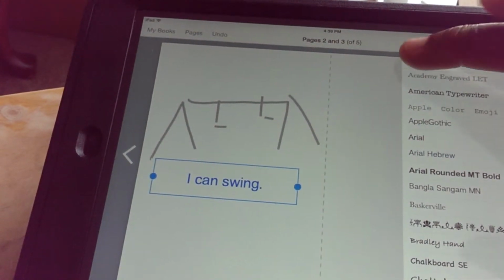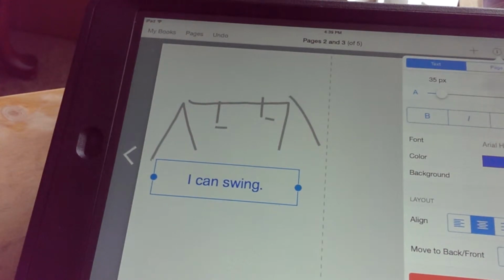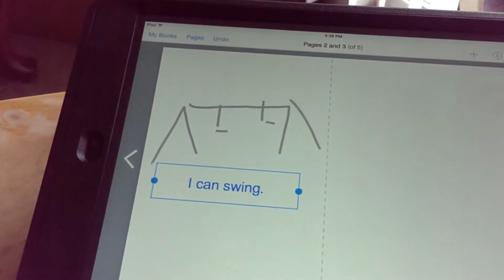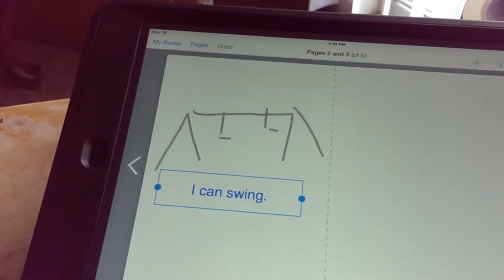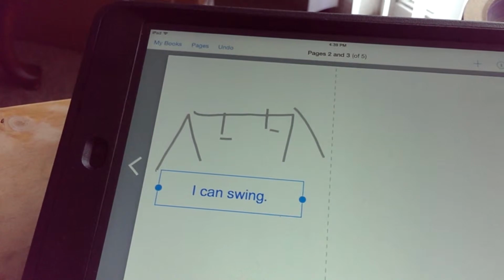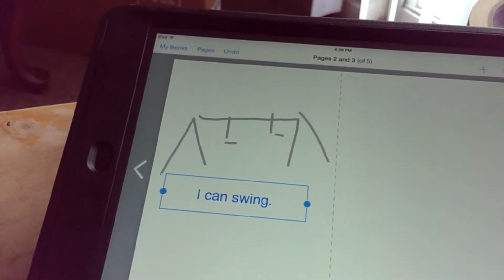Looks a little better. And then I don't have to have it centered if I don't want, but I think I like centered here. So that's done. Okay, you'll continue that way throughout your entire book. I don't know that there's a limit to pages,